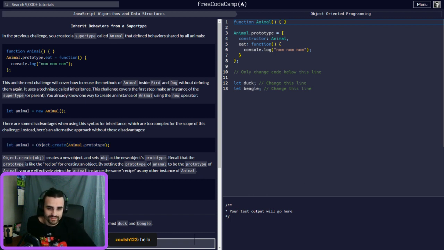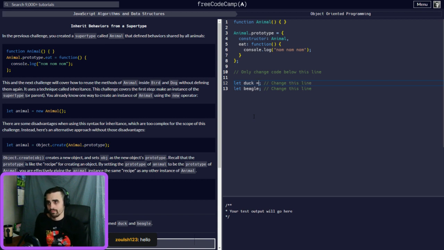That's a lot of different things. Recipe as any other instance of animal. Okay, so animal.eat would of course be nom nom nom. So we're going to just change this duck and make it a new instance of animal.